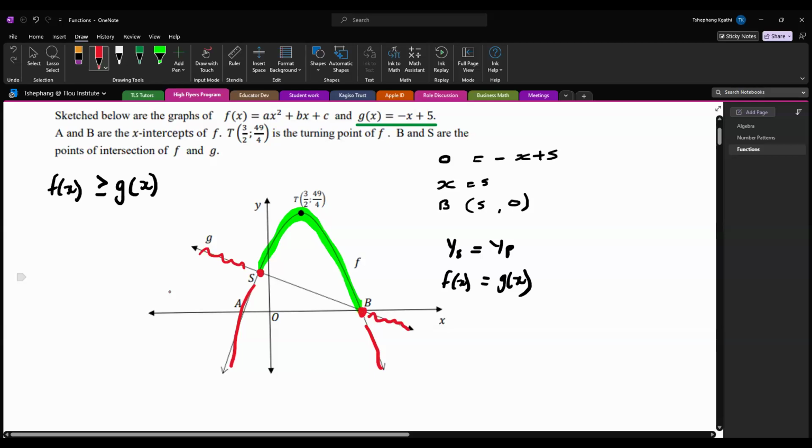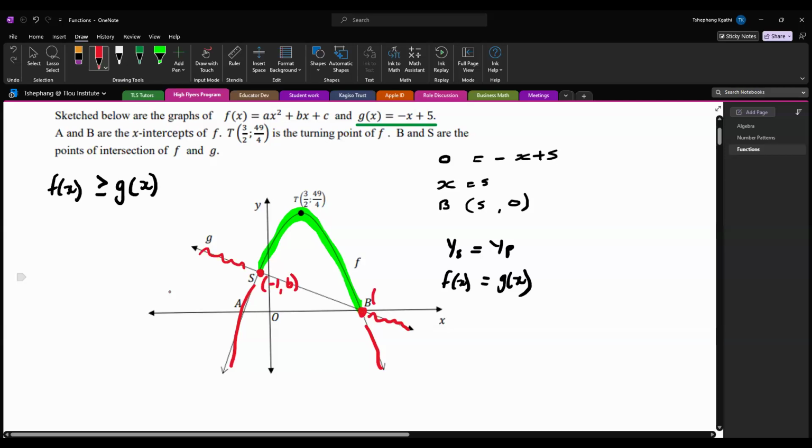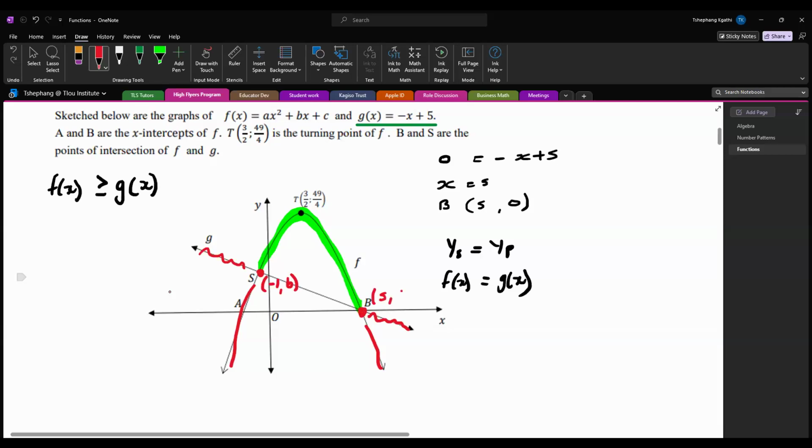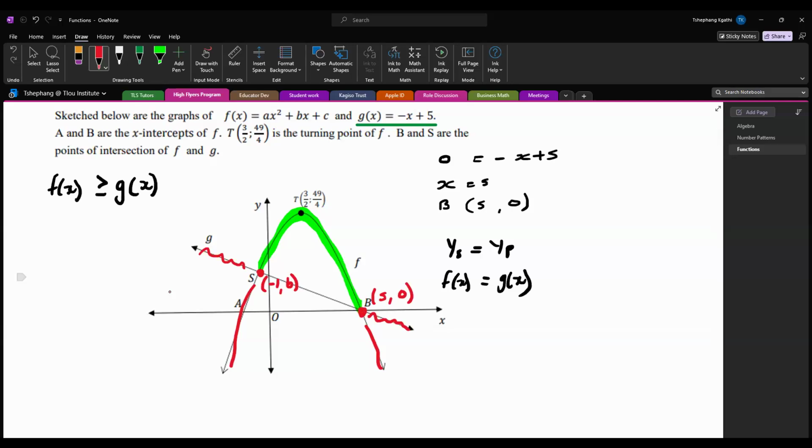Okay, what were the coordinates of S? Remember we said S has coordinates minus 1 and 6. I think that's what we got. That was the previous question. Then furthermore, we found B to have coordinates 5 and 0. Now that section there where f of x is on top is going to be,